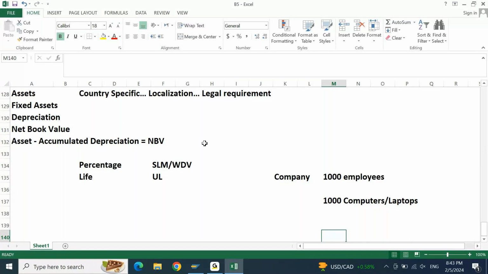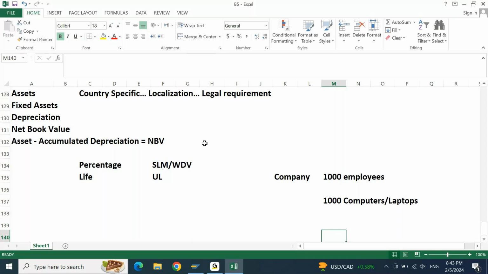The other point that you need to understand here is reporting. When you're talking about reporting, especially when it comes to assets, you will have different reporting dimensions. For every country, you have a country specific accounting standard or accounting principle. We know what an accounting standard is, we know what an accounting principle is. According to the accounting standard and principle, you will have to follow the local guidelines provided by the accounting standard.